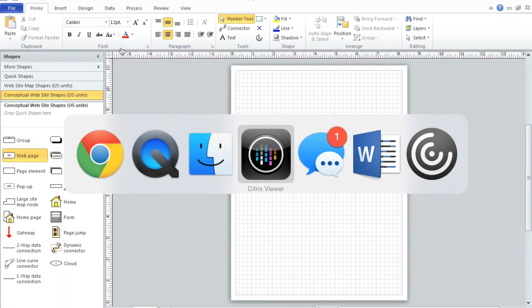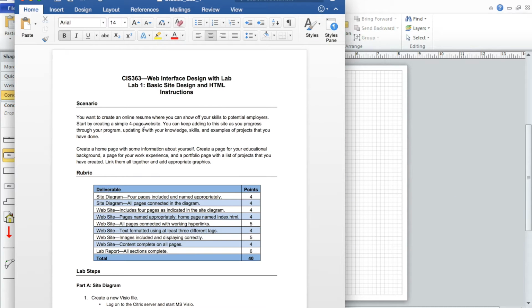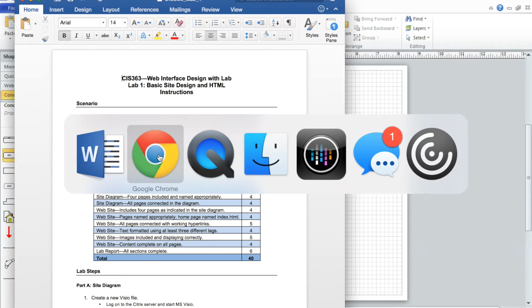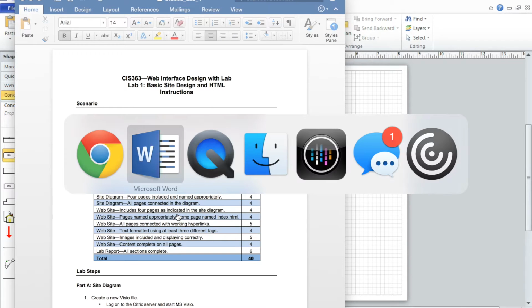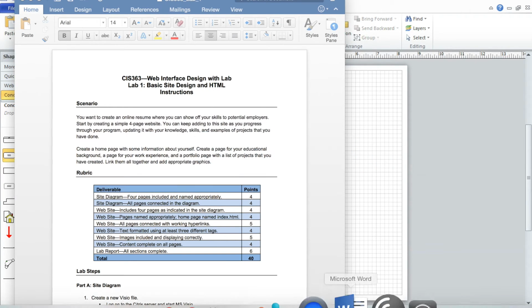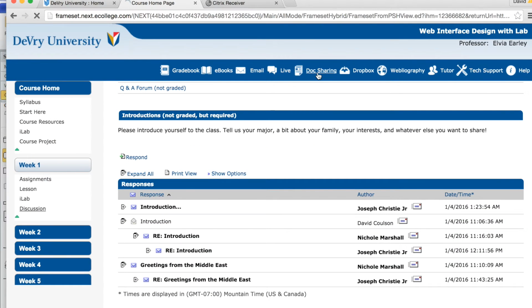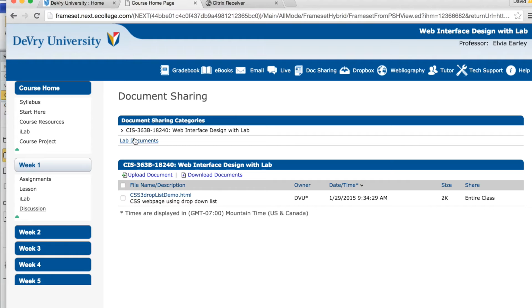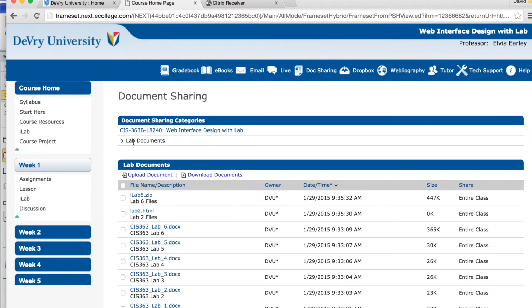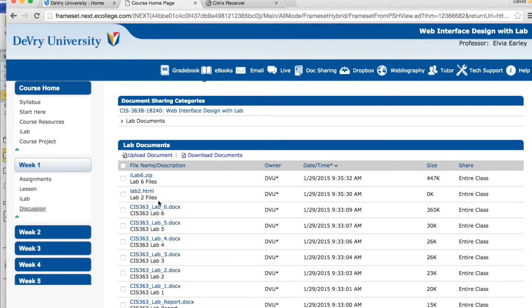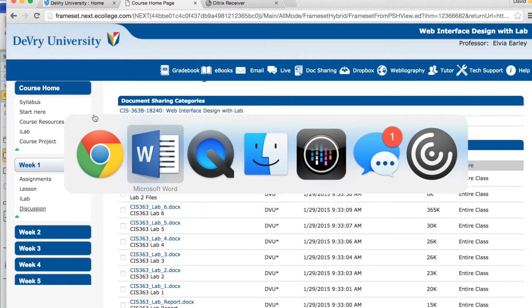So the first thing that we're going to need is the lab form. You're going to get this from our doc sharing. You go to that link, and then you're going to see right here it says lab documents. You're going to click that, and then it'll be right here, CIS363 Lab 1. You just click that, it'll download it, and it'll take you to this document